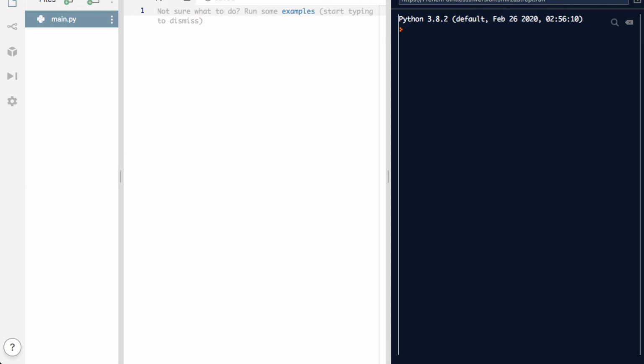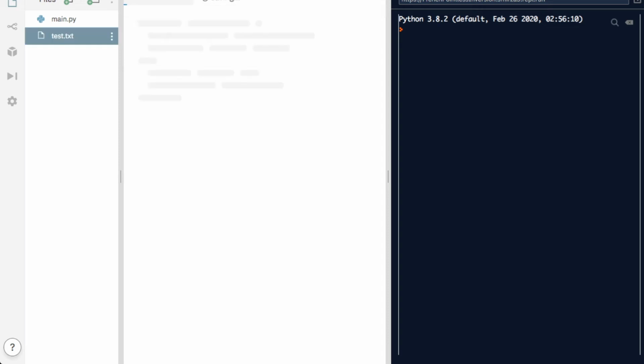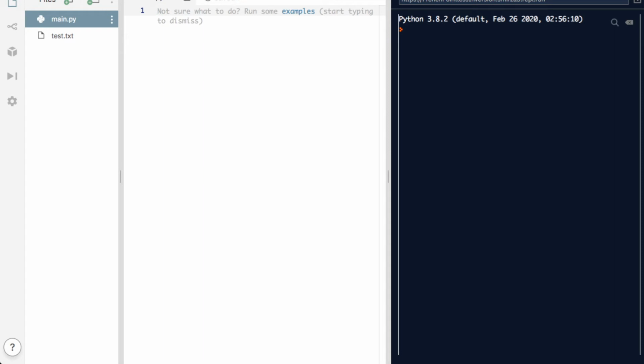So at the side here, it's not something we've used that much because we always use our main.py. But if you press this little add file button, you can call it whatever you want, it just needs to have your .txt on the end to be a text file. So we have test.txt. If we open test.txt and just put in some words, like hello world,